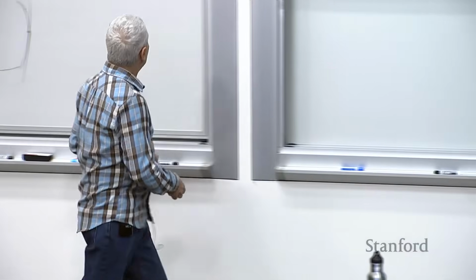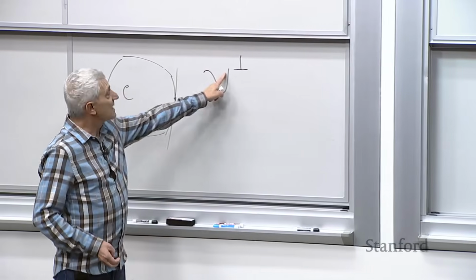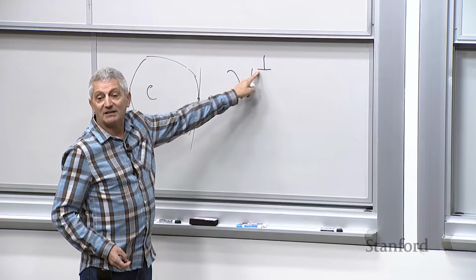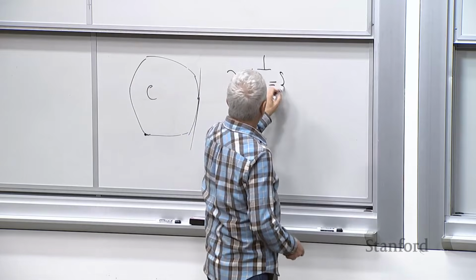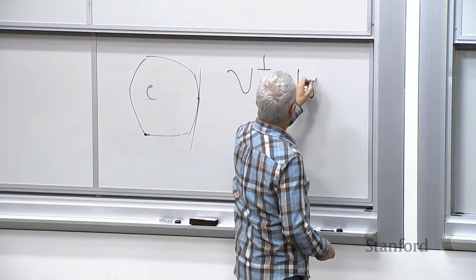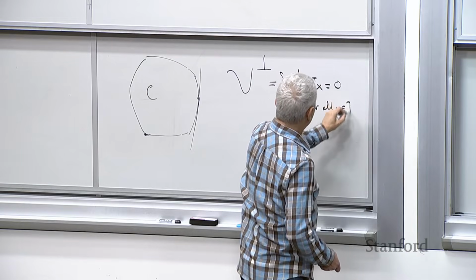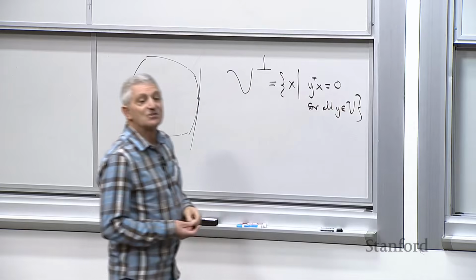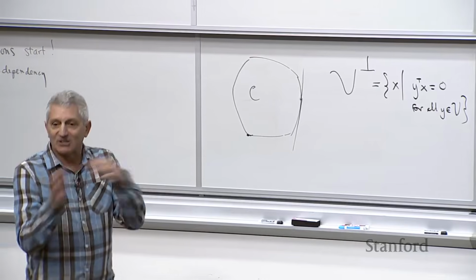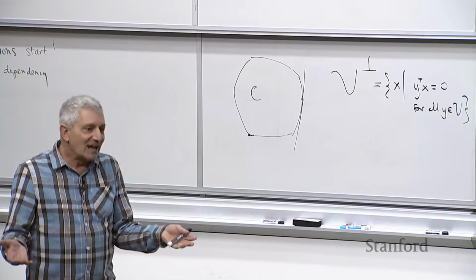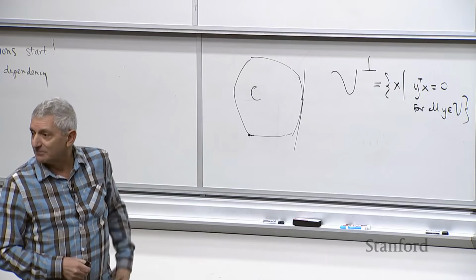So you may know in linear algebra, if V is a subspace, then you have V-perp. That's how you pronounce this, right? And that's the set of all x for which y transpose x equals 0 for all y in V, right? So that's a useful concept. It's the set of all things orthogonal to everything in your subspace. It's also called the orthogonal complement. It's got a bunch of names, okay?